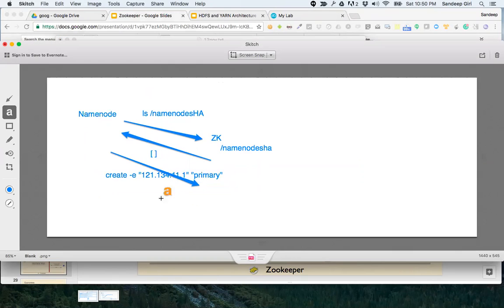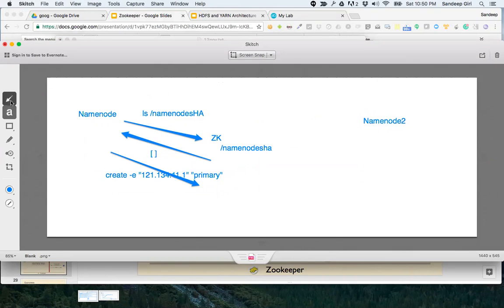Now, same thing, imagine that same thing is happening again. Imagine that there is another name node, name node 2, because admin is not marking somebody as name node or somebody as standby.